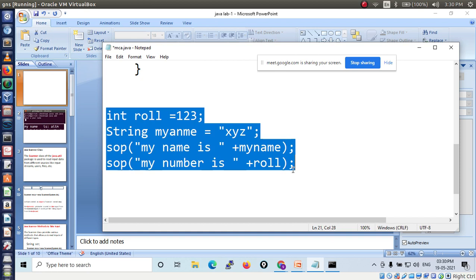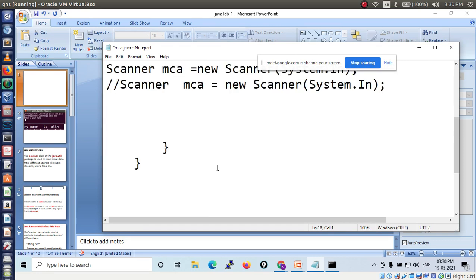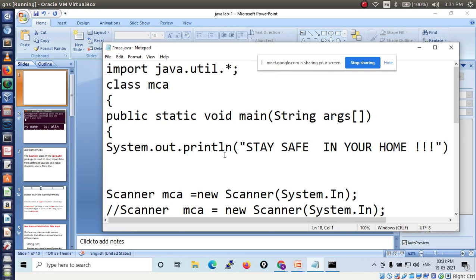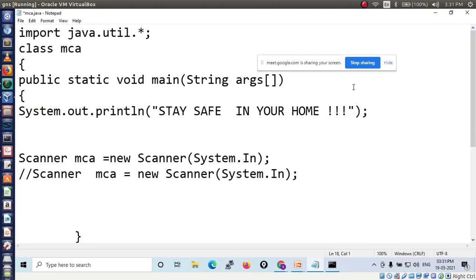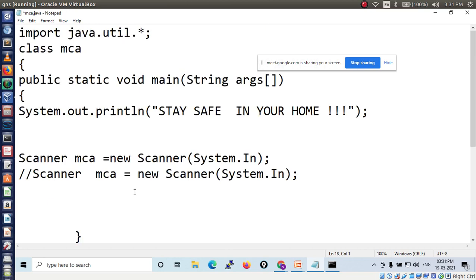Mention the class, then the main method, then you have to start writing code for this. Write it down and send it in the WhatsApp group, because today's concept is very, very important. Without seeing, you have to write, or if you have any confusion, please ask me.